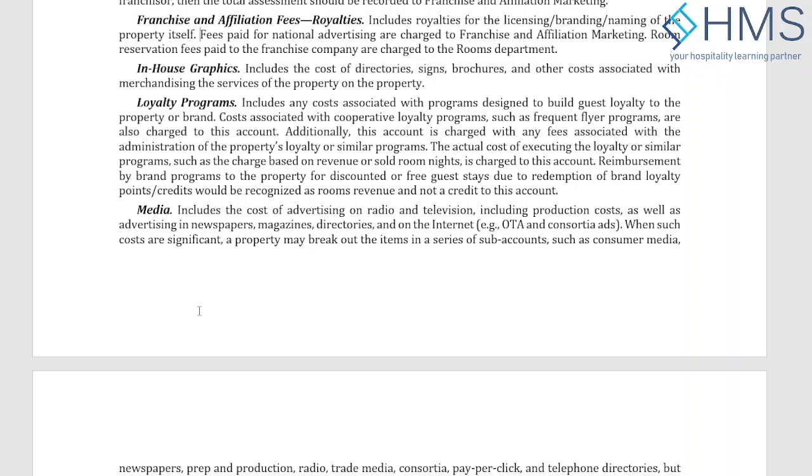Then a quite bigger expense in the sales and marketing department is the loyalty program. So if, let's say, you are part of the Accor loyalty program or Starwood or any other company, there is a fixed fee that you have to pay for any member who is coming from those loyalty programs to the hotel. You might have to pay 2%, 3%, 5%, depending on how much the company is charging.